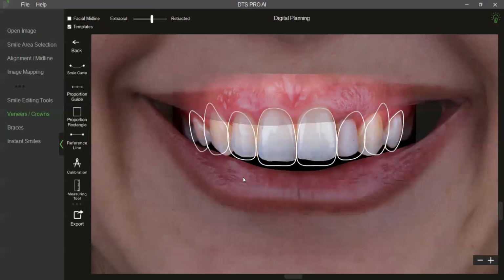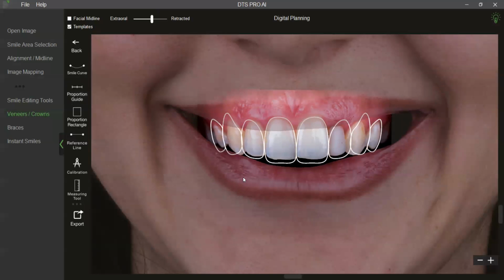Just to give you a little update on the DTS workflow. So this is of course the 2D workflow, but the first quarter next year, we will be releasing our 3D software as well, the DTS 3D Pro, where the 2D outline can be used for a 3D digital wax-up. So DTS 3D will give you an option of integrating face scans, patient photographs, intraoral scans that could be STL, PLY or OBJ files, and doing the digital wax-up and sending it for exports. It will also allow you to print your gingival guides.